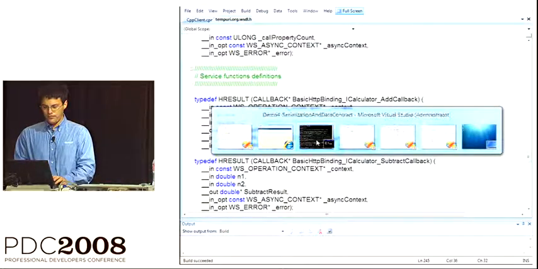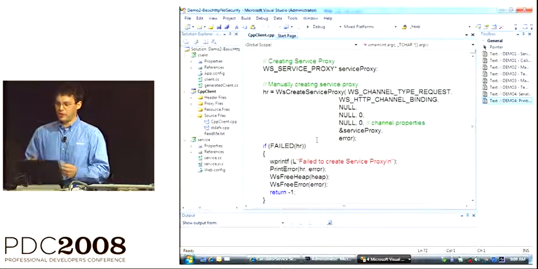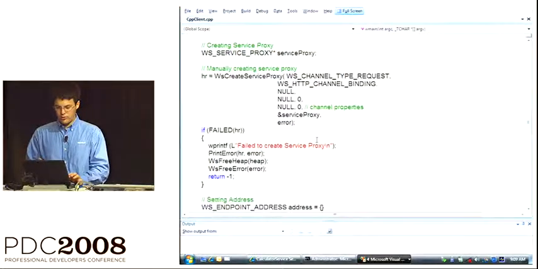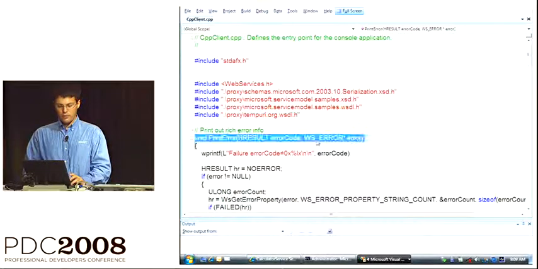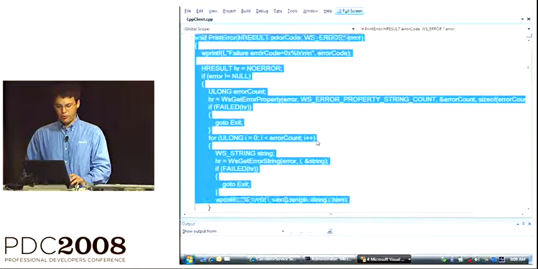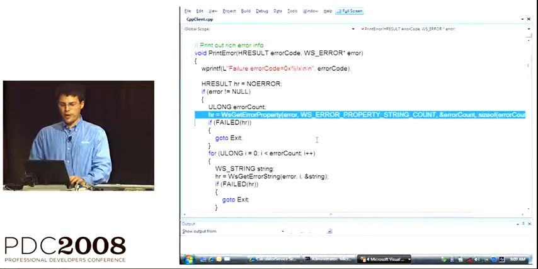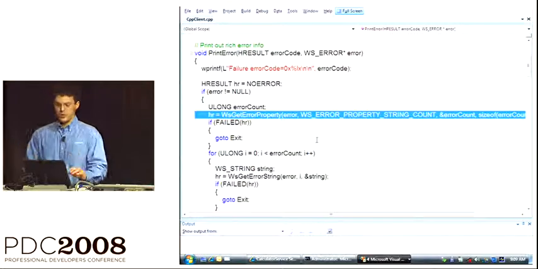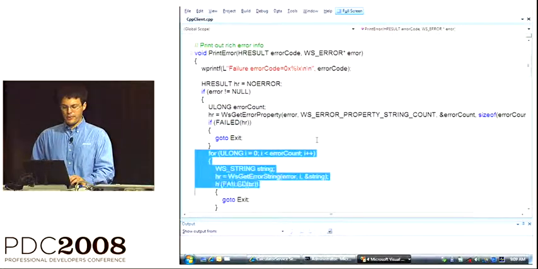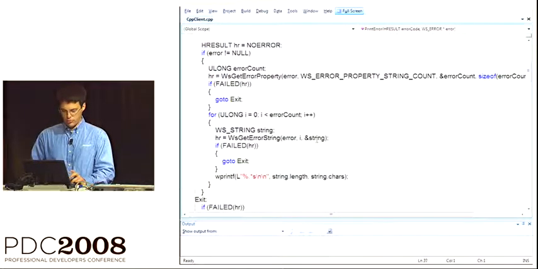We're looking at the next version of this client that we created. There are two things that I've done. I copy and pasted this routine from the samples. It's called print error. It gets the properties of the error objects, and it gets the count of the strings that are part of the error objects. Then, in a loop, it just prints those strings. I will show you the value of this routine. When I run this app, the first build,